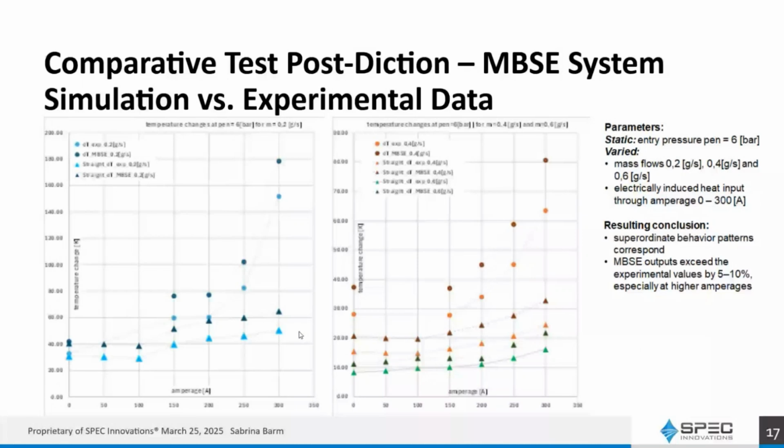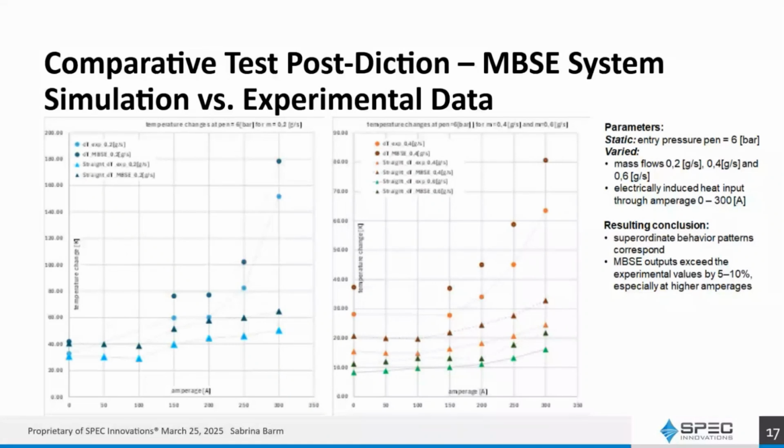And what you can see looking at those results is that in its superordinate behavior, in its patterns, the MBSE outputs correspond to the behavior we've seen in the experiment, although the temperature outputs exceed the experimental values by 5 to 10%, especially at higher amperages, at higher electrically induced heat input, which for a system level model, this is not a detailed FEM or CFD simulation, is in an